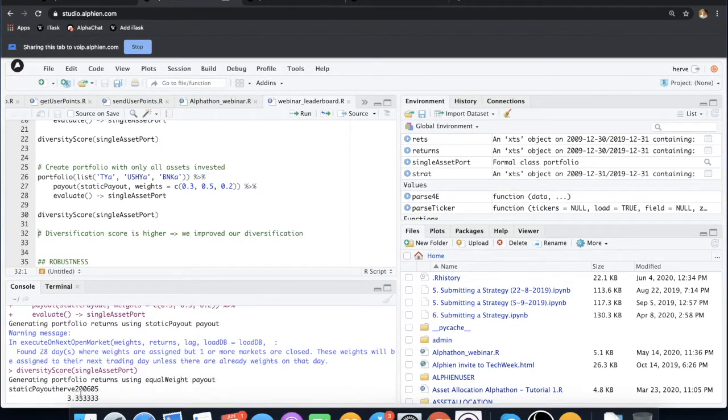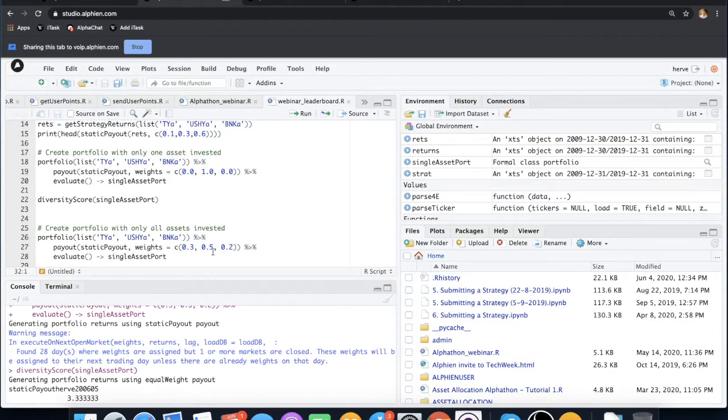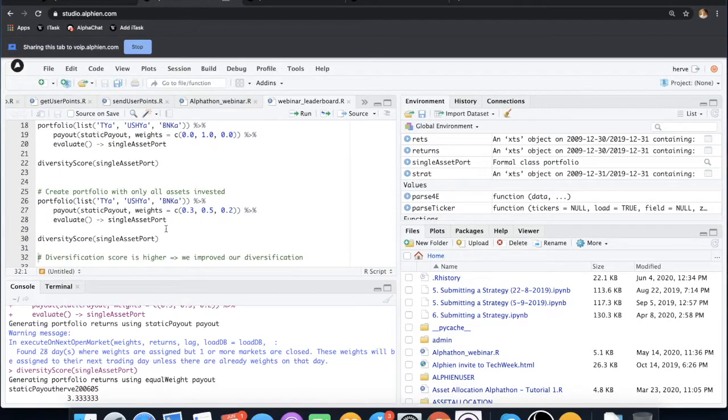So we have improved, higher score is better. We have improved the diversification just by allocating to all building blocks rather than to only one building block. This is just a quick illustration to help you understand what we mean by diversification. If you just use one building block, you're not going to be falling within the requirements of this competition, which is you need to use these building blocks to make the most of the strategies.